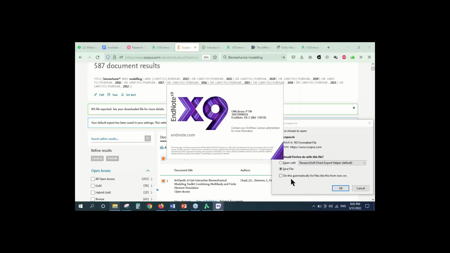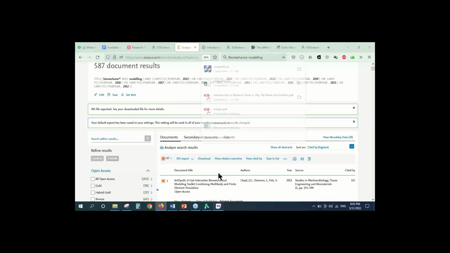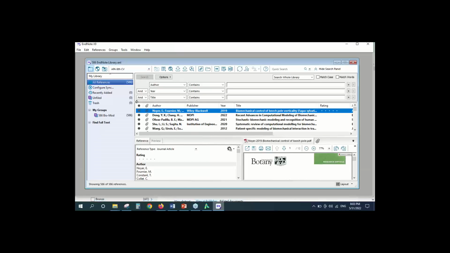Okay, let me save this one first until the EndNote opens. Okay, this is EndNote. If you are not familiar, don't worry. I just close this one. This is a blank